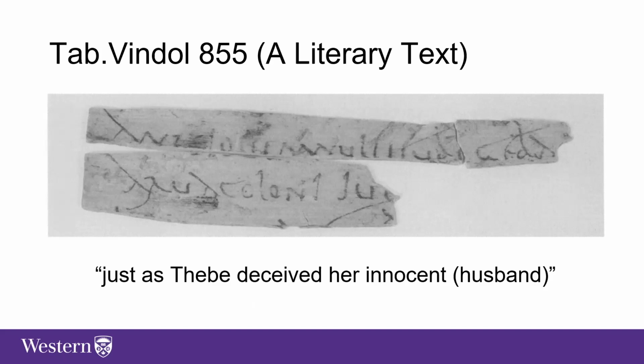It is very cool. But if you look at similar material that has come out of places in continental Europe and Carlisle and London, we get a lot of overlap with that, which allows us then to use the Vindolanda material as a proxy for much larger themes. I want to see some of that, especially, as I say, in relation to slavery, with just looking at a few tablets. So one of these is Tab. Vindol. 855, which I've labeled here as a literary text,